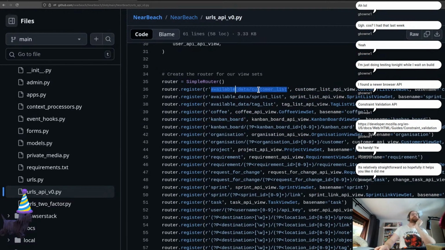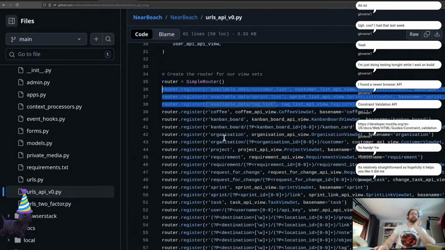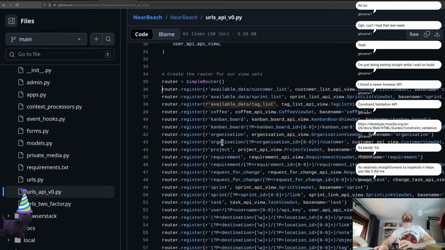Got available data customer list. Available data sprint list, available data tag list. Those are just endpoints. That's perfectly fine. We don't need to do much. We've got coffee, we've got Kanban board, we've got organization. And then the setup will be like, you've got the parent and then the customer will be the child element of it. However, that being said,